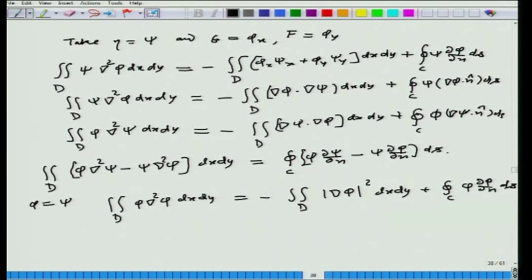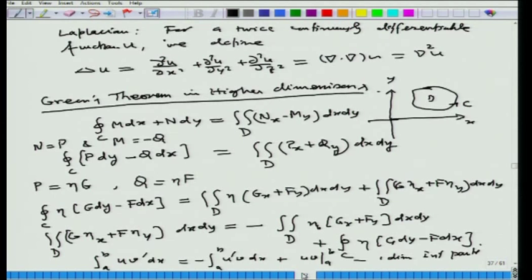We can go to higher order integration by parts also. So if we take q equal to 0 and p equal to g phi x minus g eta x minus eta g x, then we substitute here P equal to g eta x minus eta g x and q equal to 0 here. So, we will get the following thing,